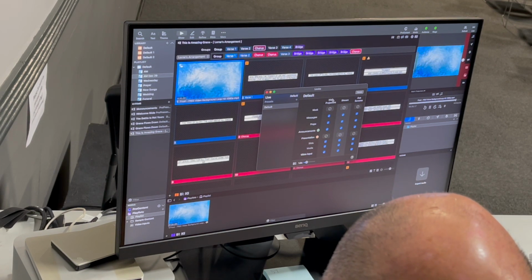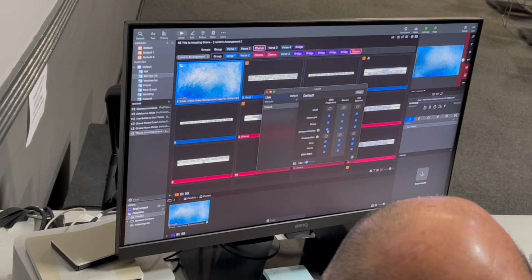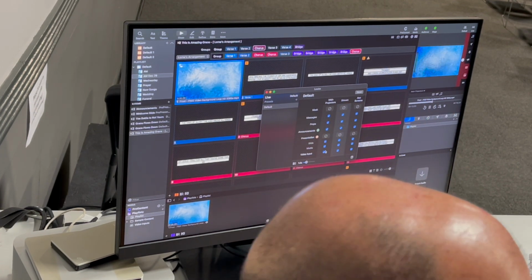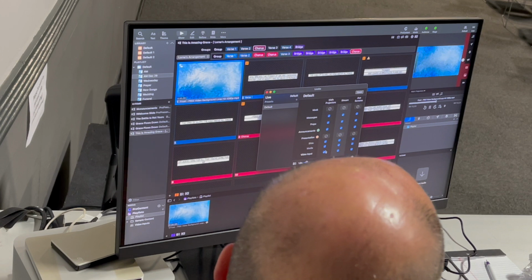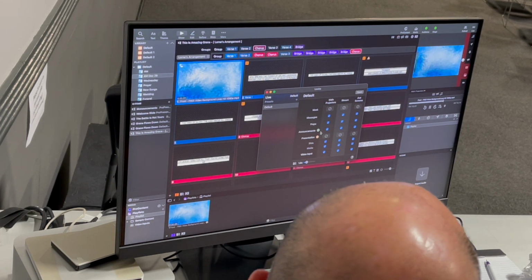So here's what I do. I decide in this look, what do I want to send to the main projectors? Well, I want to send everything to the main projectors, right? Because I could be playing video clips, I could be doing anything. So I'm just going to go ahead and leave everything going to the main projectors, except I don't want to